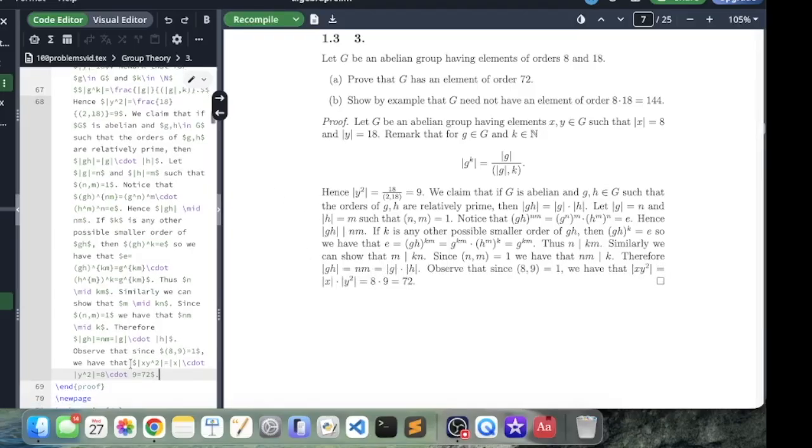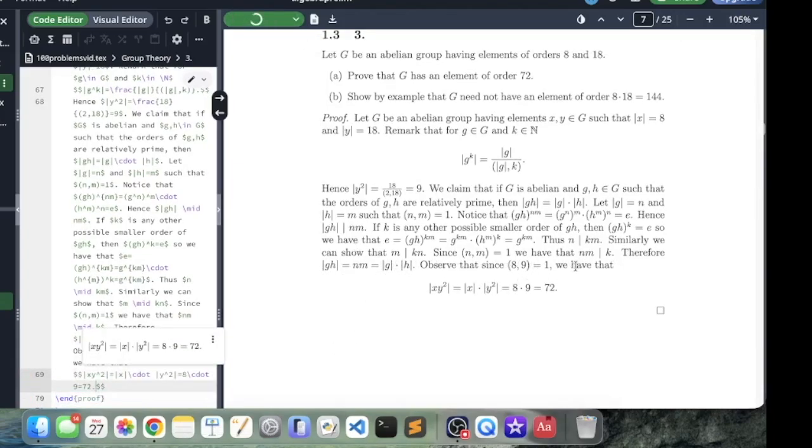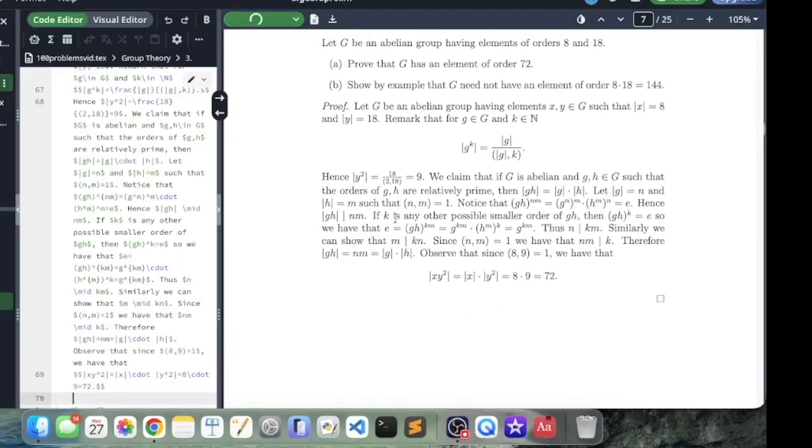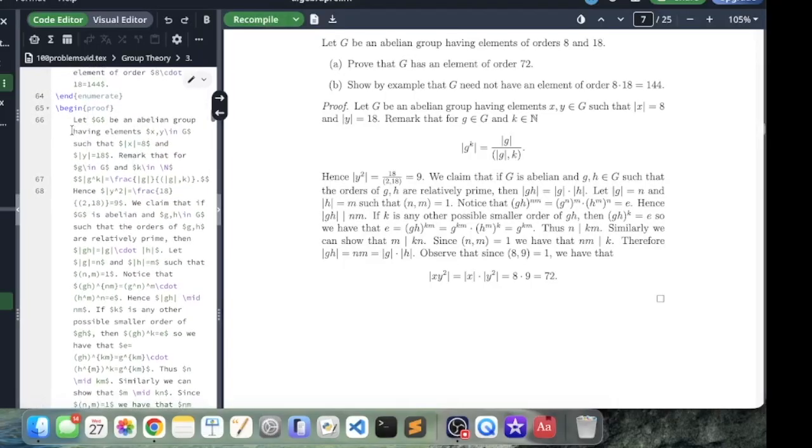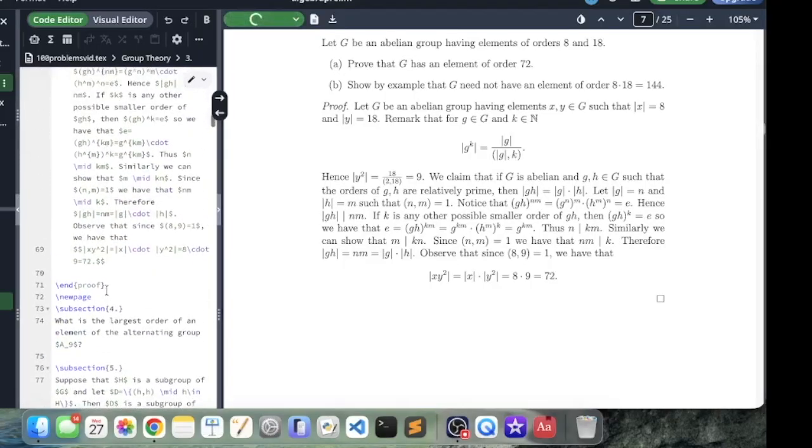Okay, I don't like how that cuts off, so why not? We'll throw it in a bigger thing. So this is an element of order 72 in G, because of closure and stuff. So we finished part A, which again I should label as part A,